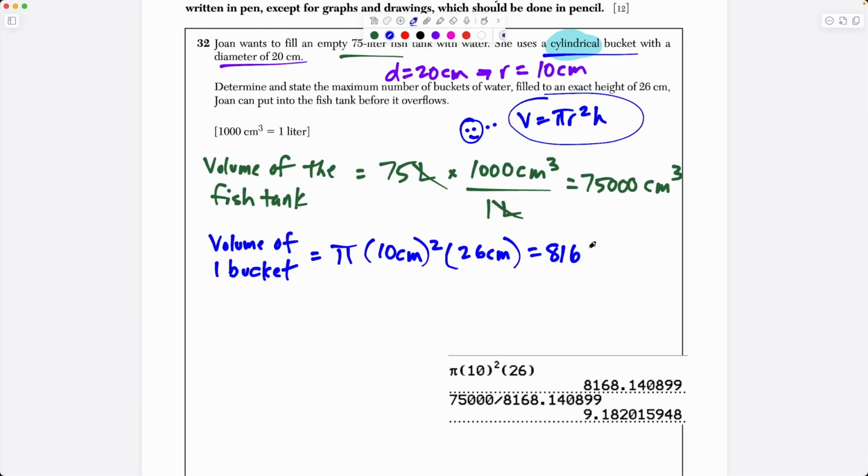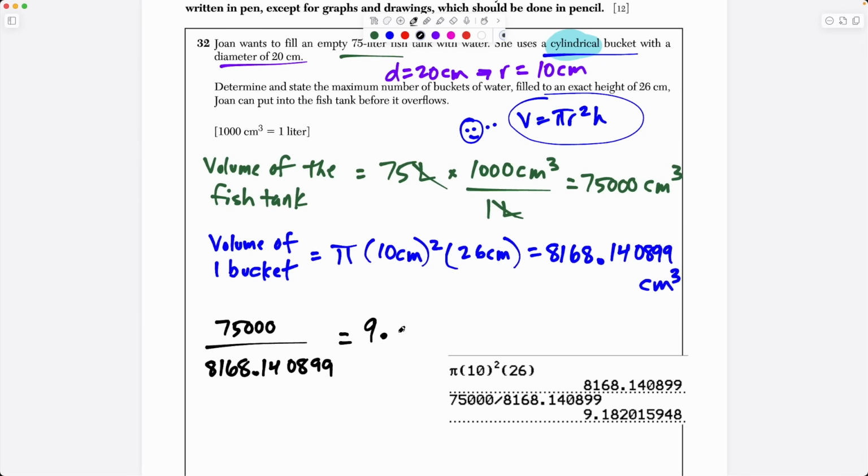So we could just write this out here. We have 8168.140899, and the units here were cubic centimeters. That's for this part. So now just to show the rest of the work here, we're doing 75,000. I could write cubic centimeters and then divide by cubic centimeters and show the units cancel, but I don't have to do that here. I'm just going to divide here. 75,000 divided by 8,168.140899, and this works out to, I'll just write out a bunch of digits here,